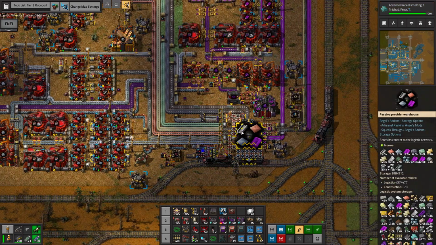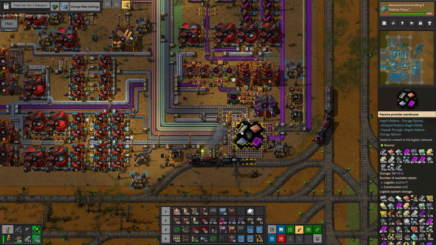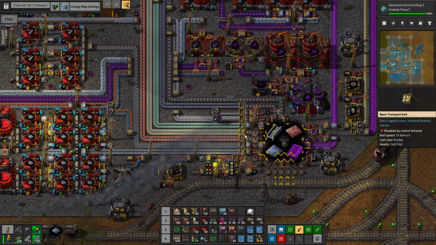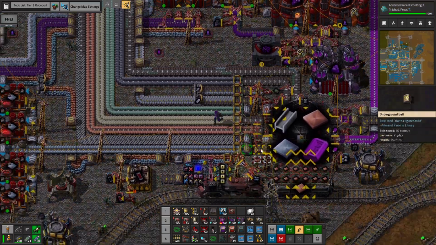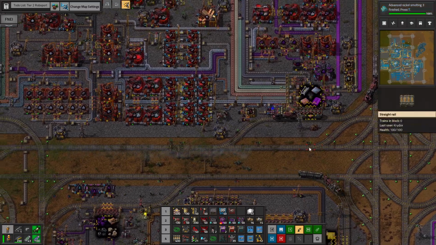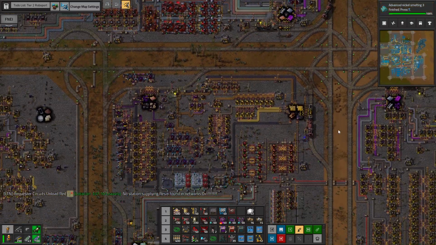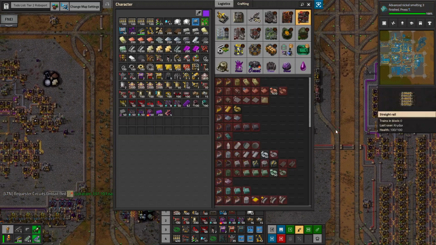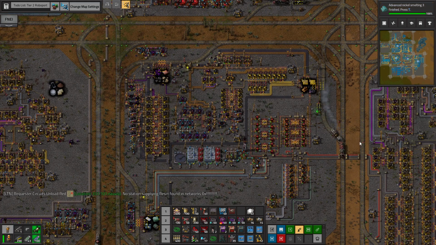Let me just make sure. Looks like we're not short on anything in terms of metals, so that's good. A little bit of solder coil being a little bit low, but that's just the nature of train-based bases because they have such large requests at a time. I do think I want to check on...